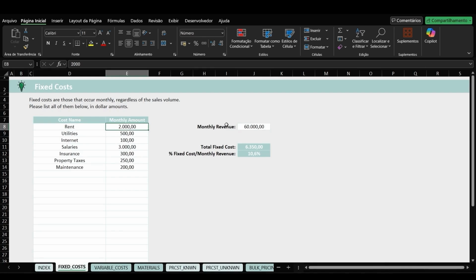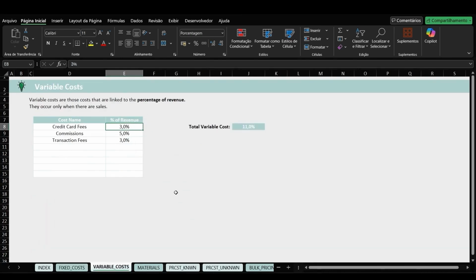Furthermore, for the spreadsheet to be able to transfer these fixed costs, you need to enter your monthly revenue. You come here, enter how much you sell per month, and the spreadsheet will, in fact, transfer this cost to your product. In addition, we have variable costs, which are those costs that do vary percentage-wise throughout the month based